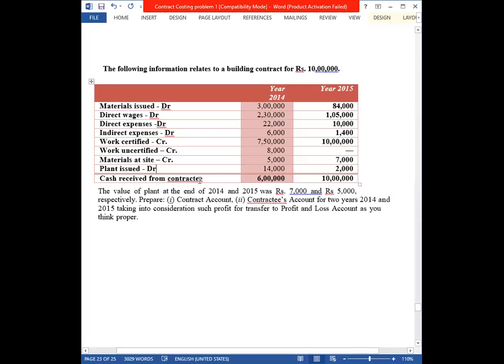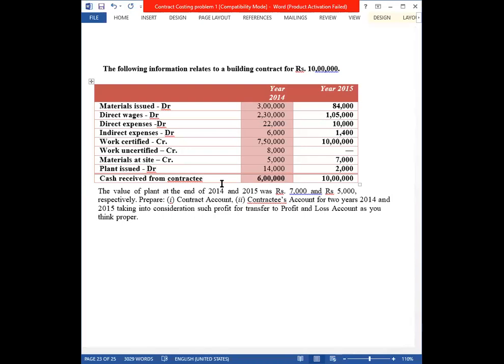Cash received from contractee, you have to show in the workings. You will use this amount for working and show it in the contractee account as well as in the balance sheet. If they give the balance sheet, you can show it, otherwise it is not necessary. Usually when a 2 year, that is continuous, contract is given, they will ask you for the contract account and the contractee account. 99% they will not ask you for the balance sheet.